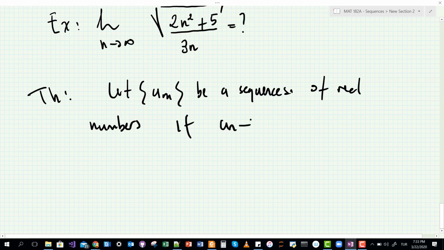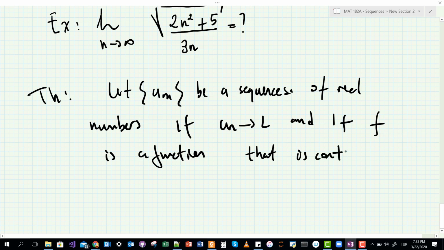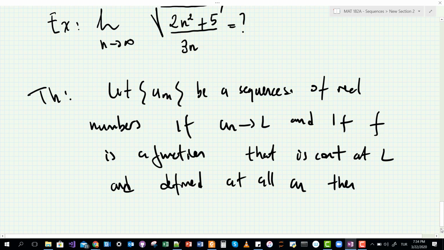If I know the limit of this sequence, and if I have a function which is also continuous and defined at all a_n, then the limit of this function